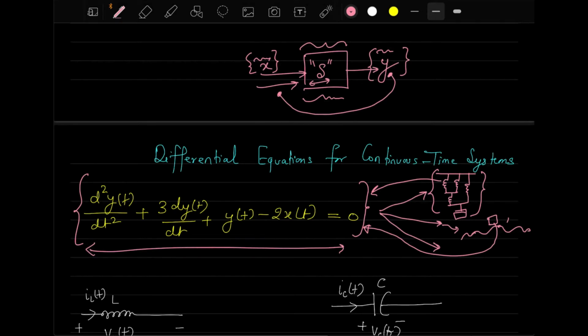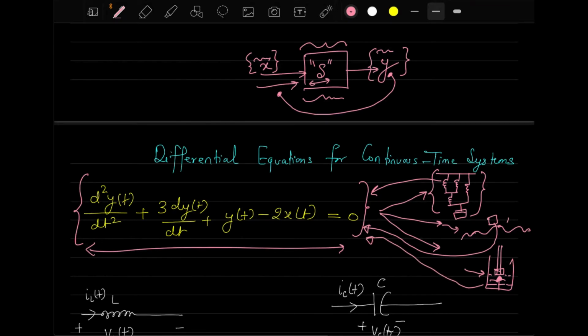Depending upon the systems, whether it is a mechanical system, an electrical system, or any other system, or fluid mechanics, like if you have some water in a beaker and there is a piston which is trying to press this water, and we are trying to observe the pressure that this water is applying on the piston. If we try to model this system, it might be the situation that you will end up with this differential equation.